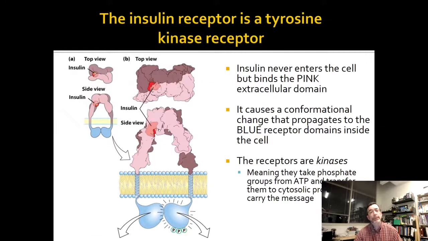And the insulin receptor looks like this on the outside. What really matters for us is it has that red binding site for insulin off there. It's actually a dimer, and so the insulin can bind. It never enters the cell, but it actually binds the extracellular domain, and it causes a conformational change. Some kind of conformational change. I'm not sure we even have it pinned down, but it causes a shift in the outside of the cell, which causes a shift on the inside of the cell, propagates to the blue receptor domains at the bottom,